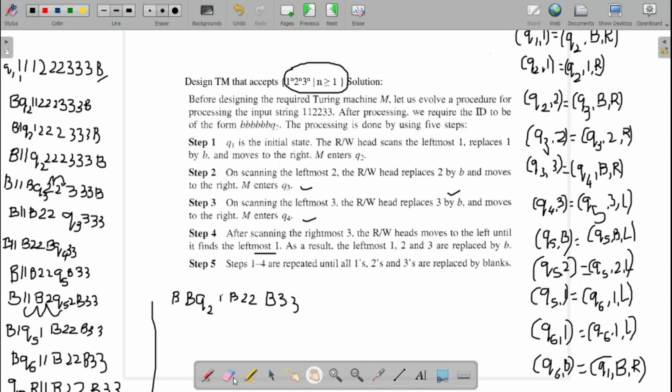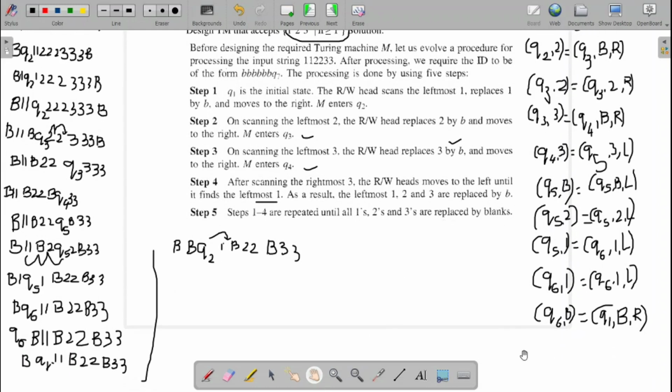So I will make the right movement here. So now I will get Q2 on blank. So Q2 on blank is not defined, that we have to write again. So Q2 on blank, what to do? So Q2 as it is, because Q2 is meant for searching the 2. So we need to go to right.